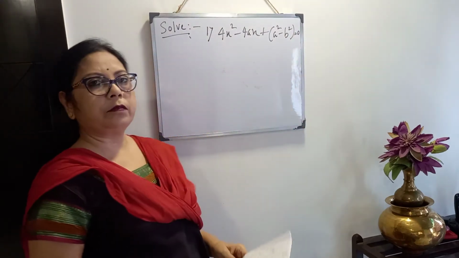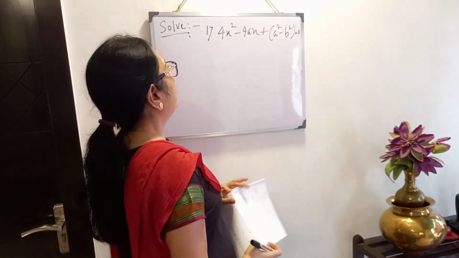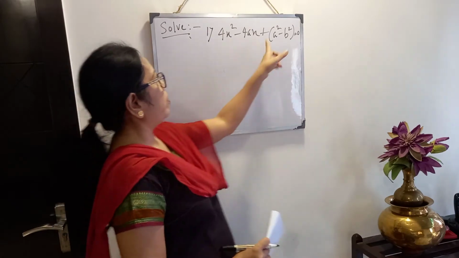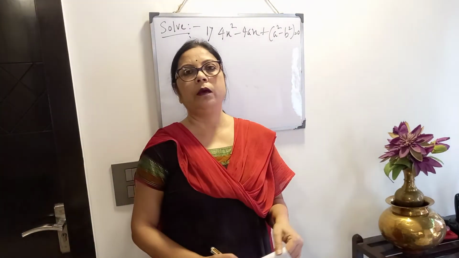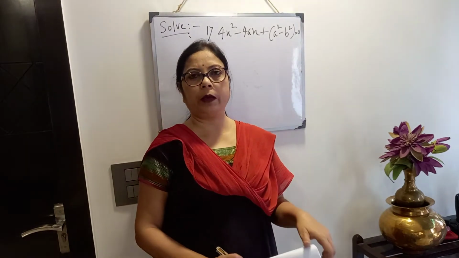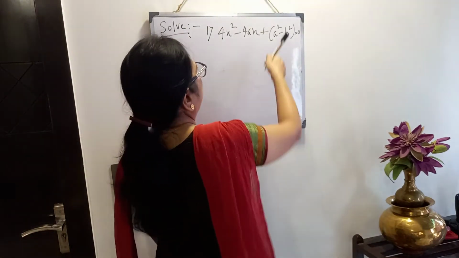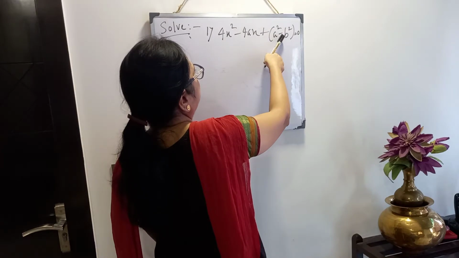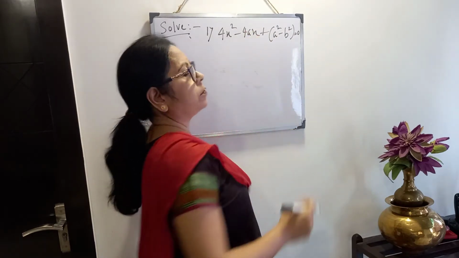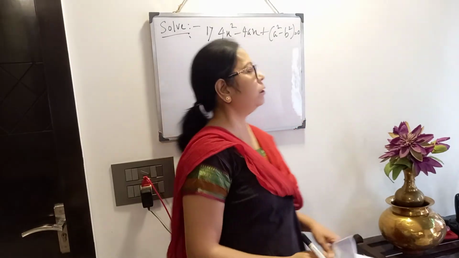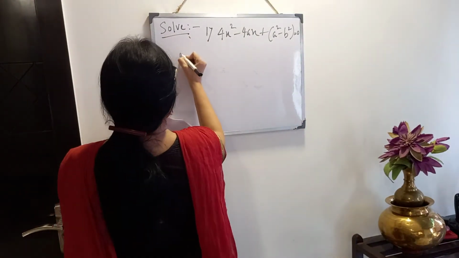It is given this. Clear? So what I will do here: a square minus b square. Since we will solve by the factorization method, a square minus b square we will write as a plus b into a minus b, and then by using a plus b, a minus b and 4 we will bring 4a. This is called the middle term factor. Okay. So next step.